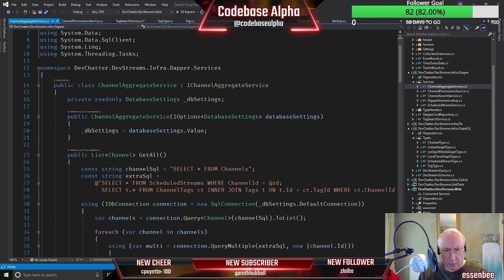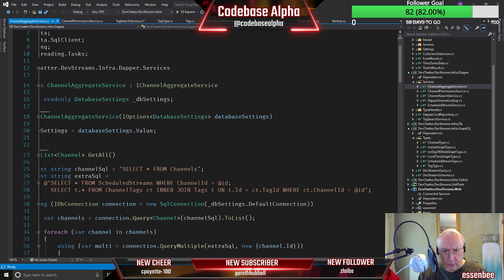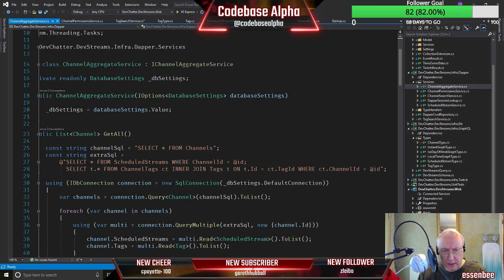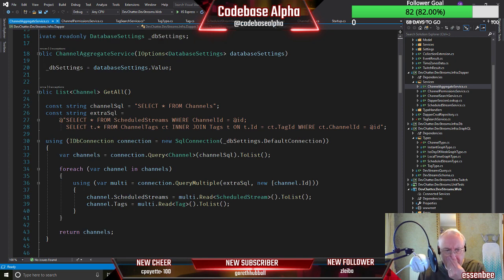So this looks like what we want, isn't it? Select star from schedules. Okay, so yeah, we select star from channels, and we want to get something along the lines of this. I mean, it's actually a query multiple by the look of it. Okay, so it's a bit more complicated than perhaps we'd hoped.